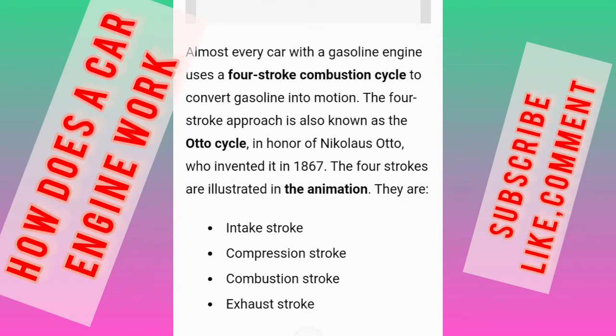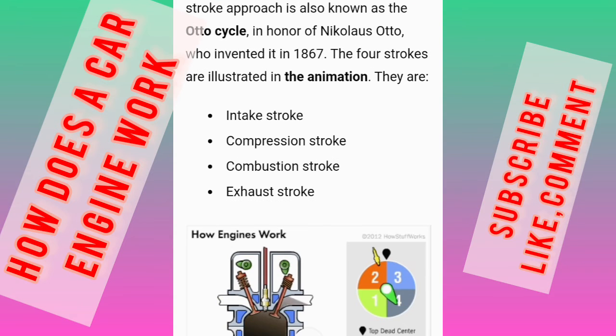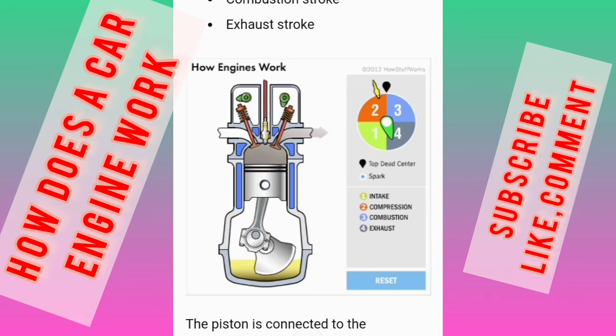Almost every car with a gasoline engine uses a four-stroke combustion cycle to convert gasoline into motion. The four-stroke approach is also known as the Otto cycle, in honor of Nicholas Otto, who invented it in 1867. The four strokes are illustrated in the animation. There are the intake stroke, compression stroke, combustion stroke, and exhaust stroke. How an engine works: